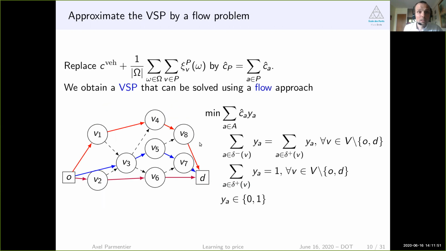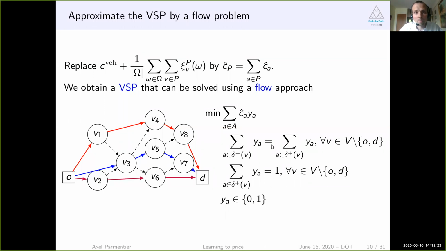The problem we want to approximate: if we could replace this nonlinear cost of paths by a cost that nicely decomposes along the arcs of our path, what we obtain is a flow problem. Actually, we can solve it using this flow formulation, and we can solve it even with linear programming, and it's super easy to